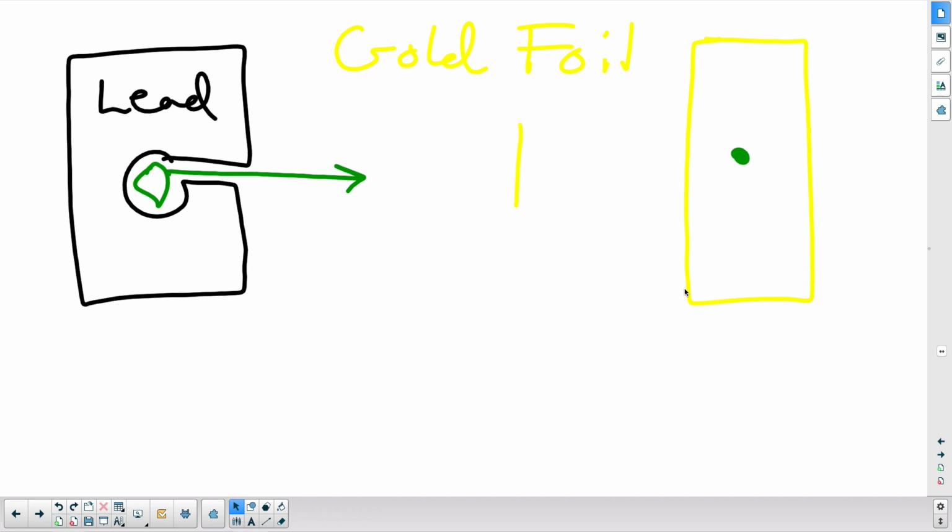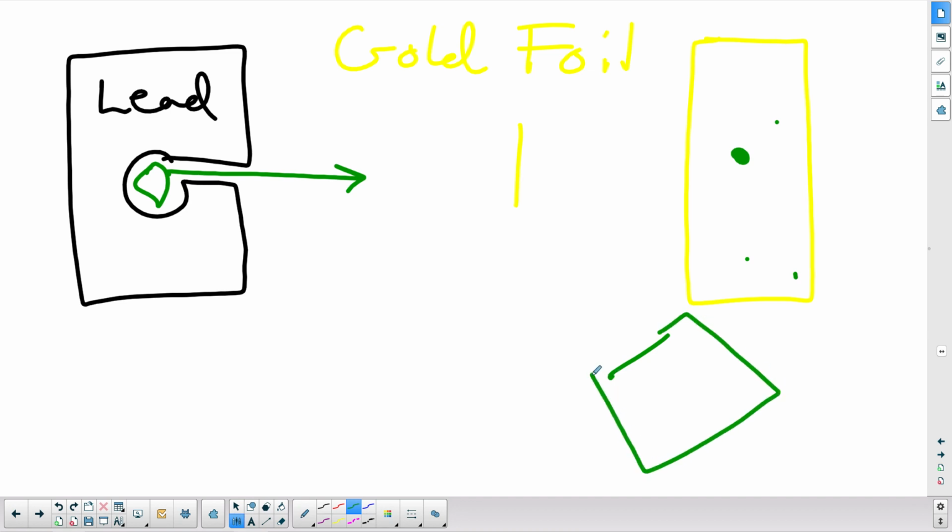But what was interesting was that some of the radiation didn't hit that spot. Some bits of it hit over here, and over there, and over there. And Geiger said, that's interesting. I'm going to put a screen around this thing on the side over here and see how wide of a deflection, sort of like an overhead view, how wide of a deflection could it do? And to their surprise,